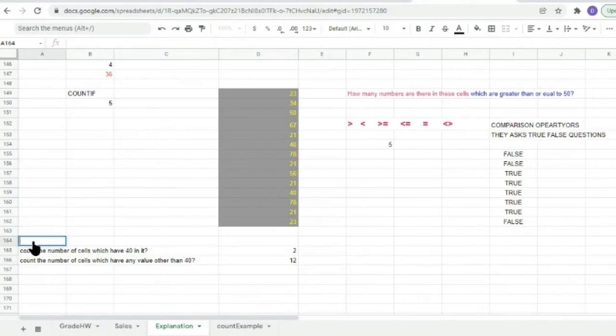Let's count it. Total number of cells. It is simple, right? Total number of cells is equal to count, and then within this range, whatever it is, that is 14. Out of which two are 40s and 12 are anything other than 40, right? Done. Then the same question, I can ask you: count the number of cells which have